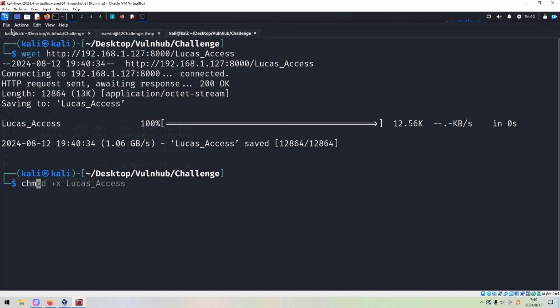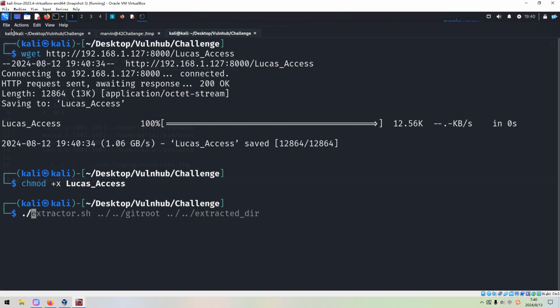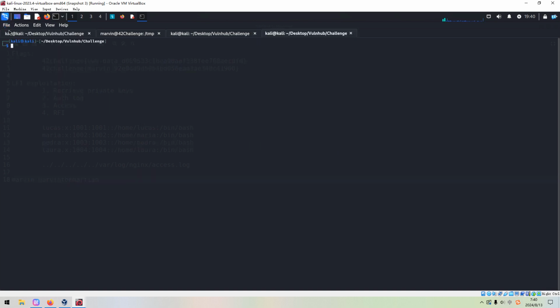Press enter. We need to make it executable. And then we can use Ghidra or GDB, and also we can run it to see whether there is any emerging port number.